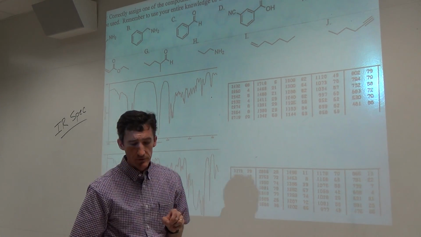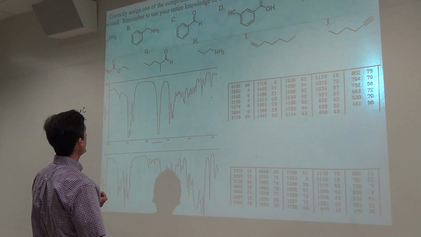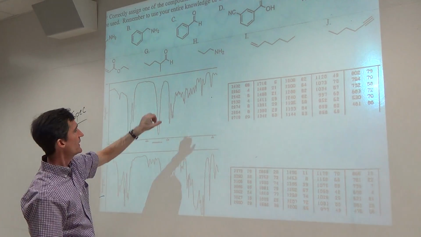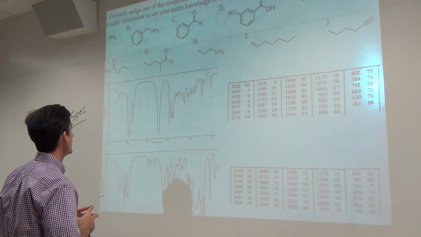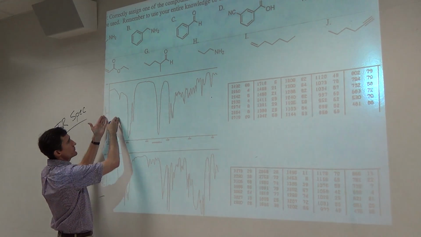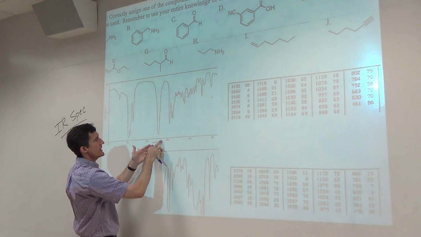In the workbook, you can find some IR problems. These are example problems. What we have here, and what I'm going to ask you to do, is assign one of the compounds at the top to an IR spectrum. Okay? This will involve you, I would recommend, first interpreting peaks. For example, I see a pretty intense peak here at about 17